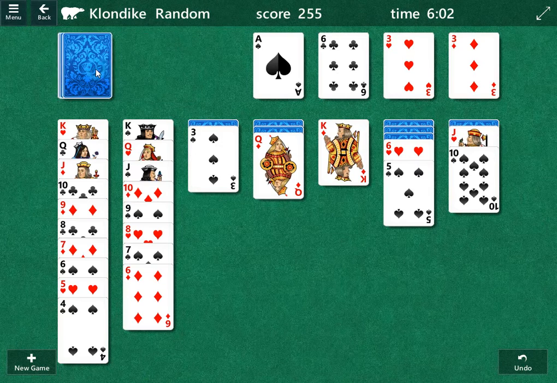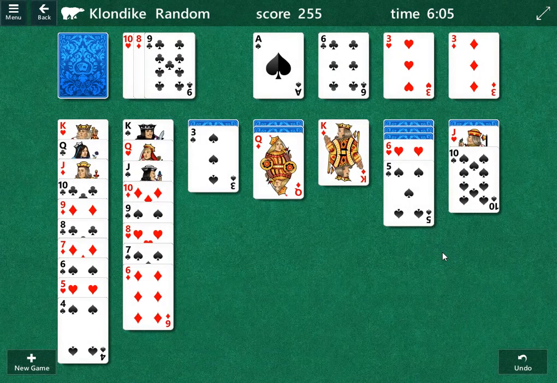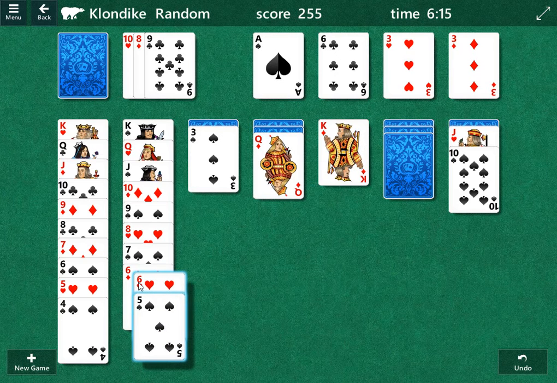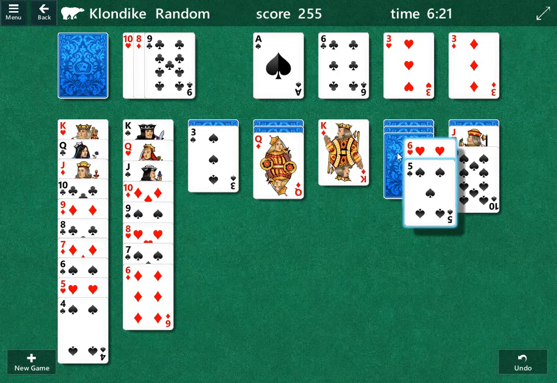There is no other moves. Alright, so there's no moves in that sequence. The question is, could we do something else? Like, for example, if this 6 weren't here, could we swap out the 6 of hearts for that? Good question. The other question would be, could we...